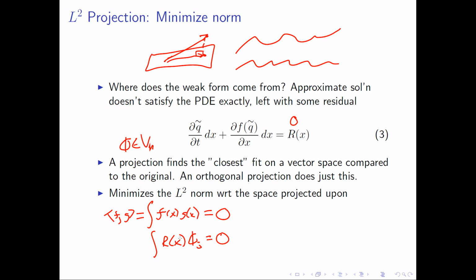In other words, our residual is orthogonal with respect to the bases for our approximation space. So this completes an orthogonal projection. And what this seeks to do is minimize the L2 norm with respect to the space that we're projecting upon. So you notice if we were to replace our expression for our residual here, we would recover the weak form, right? So r is equal to dq dt